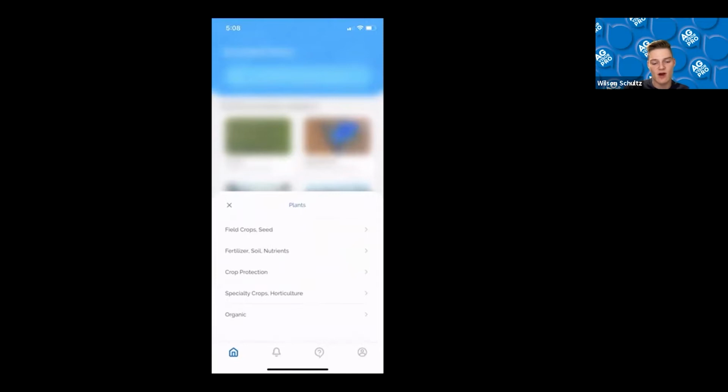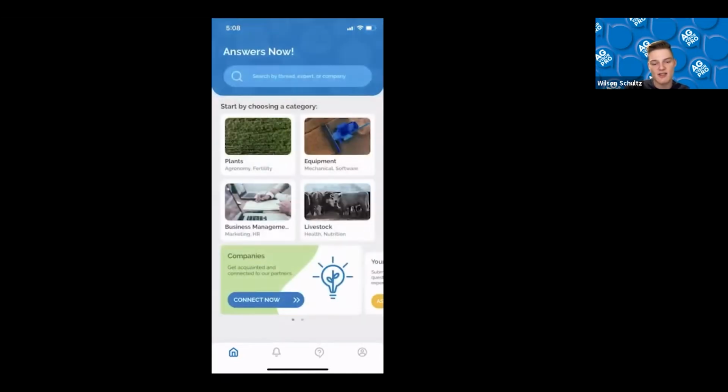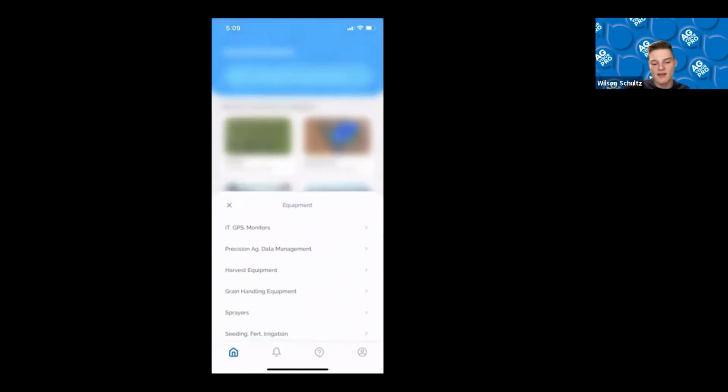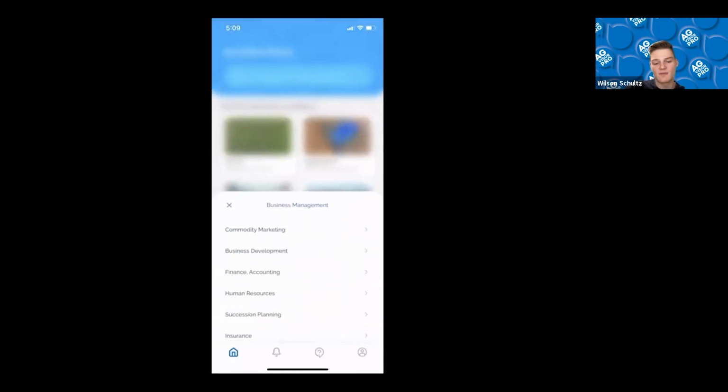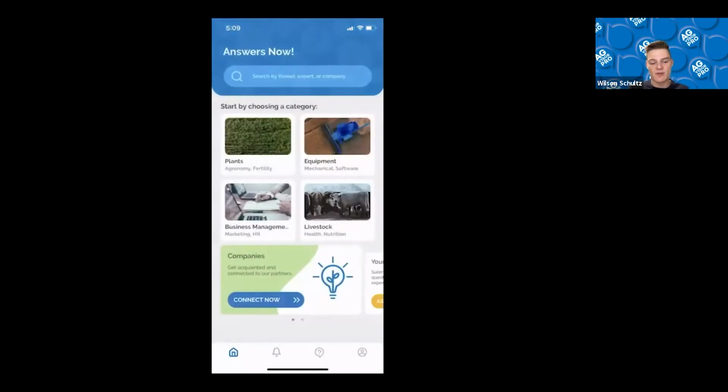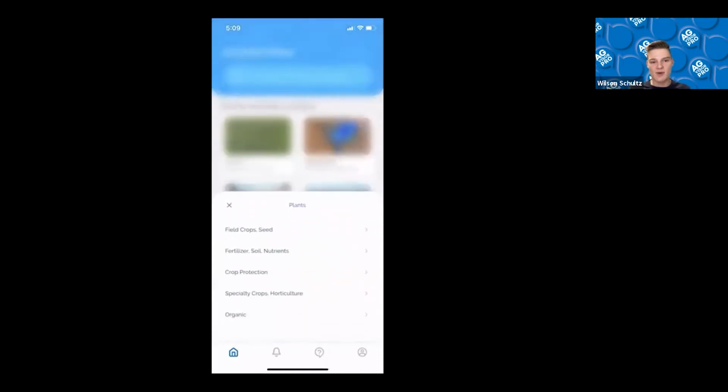So you see in plants, we've got field crop seed, fertilizer, soil nutrients, crop protection, etc. In equipment, similar, we've got harvest equipment, grain handling equipment, sprayers, tillage. Business management, we've got accounting, business development, human resources, etc. You get the picture, but basically all of the experts, all of you, have been sorted into these different rooms depending on your expertise. So behind each of these categories is a bunch of experts who can broadly help with